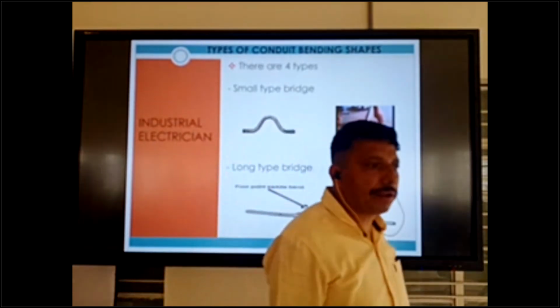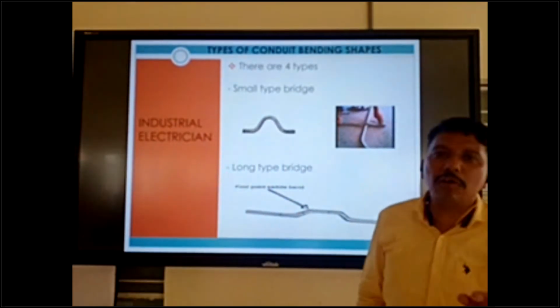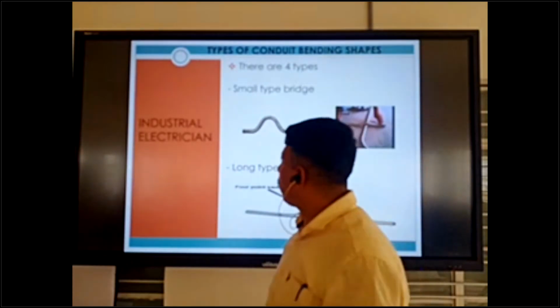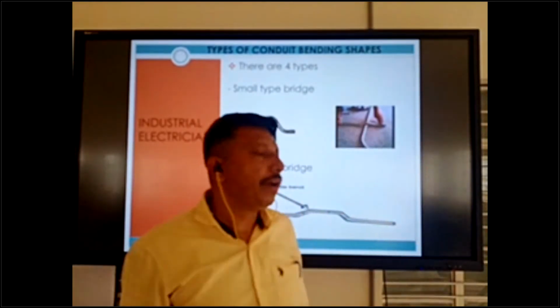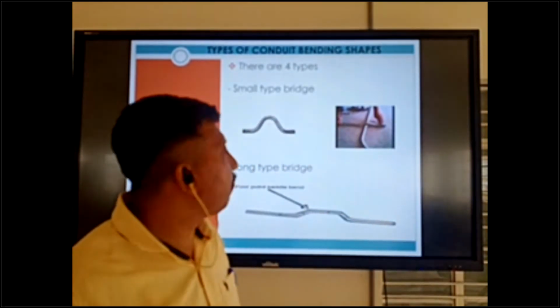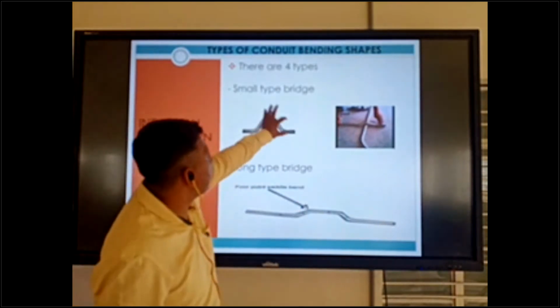Same as with a cable tray. In a cable tray we also have the horizontal 90. This one also has it. Here it is the same. A 90 bend is also available in pipe and bridge.